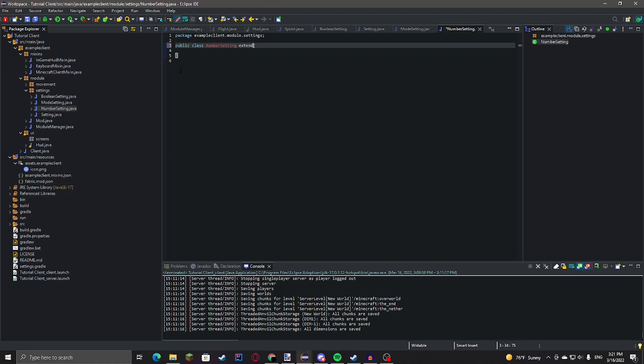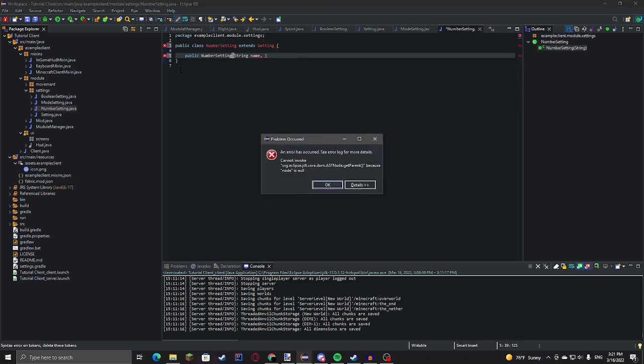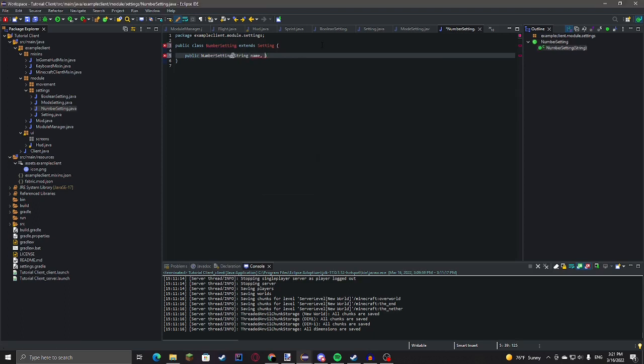We want this to extend settings, also public number setting string name, double min, double max, double default value, double increment.